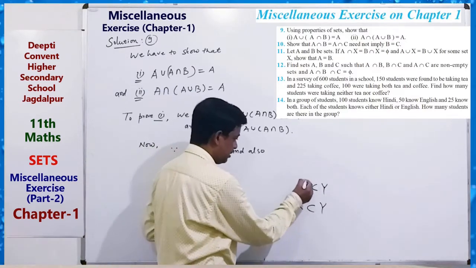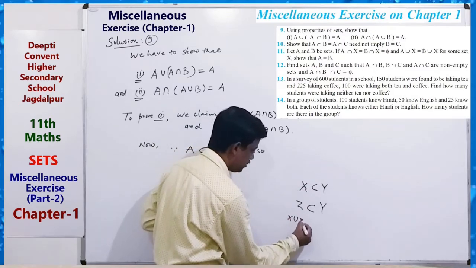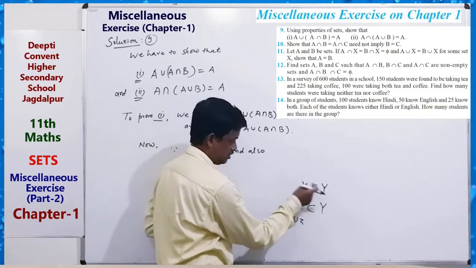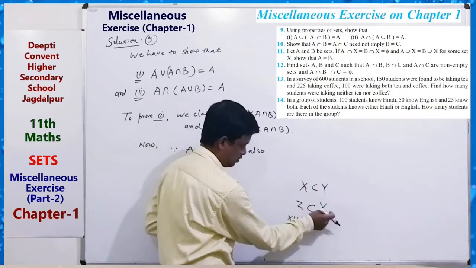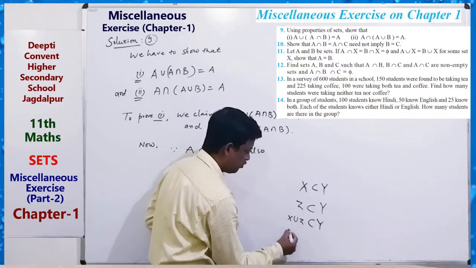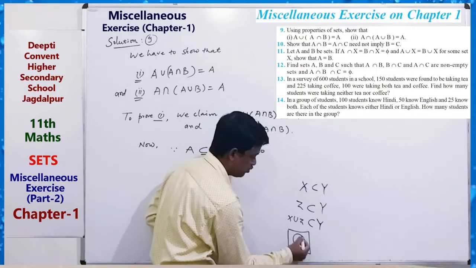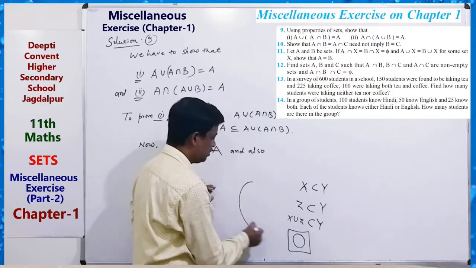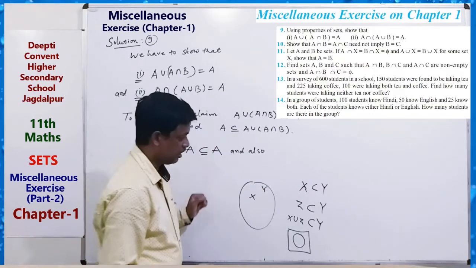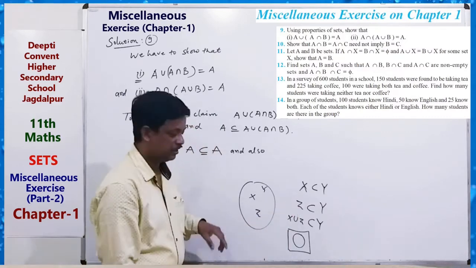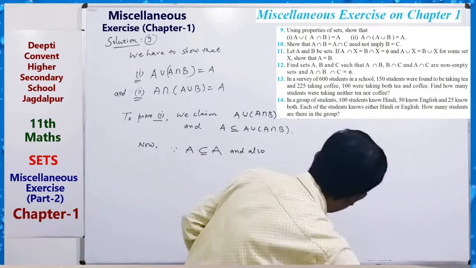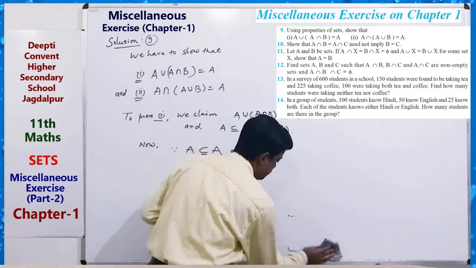then X union Z, the union of these two, is also a subset of Y. By Venn diagram we can see this: suppose this is Y, and X is a subset of Y and Z is a subset of Y. Then their union is also a subset of Y. So here, by using this concept,